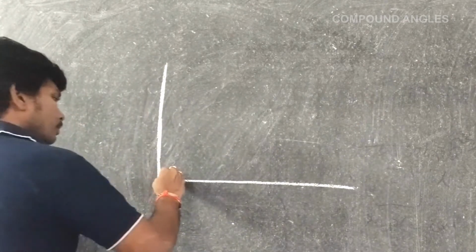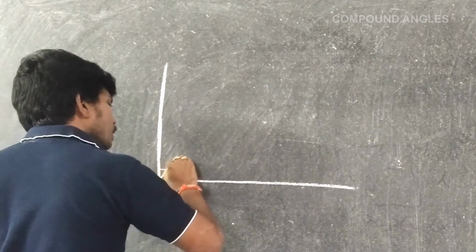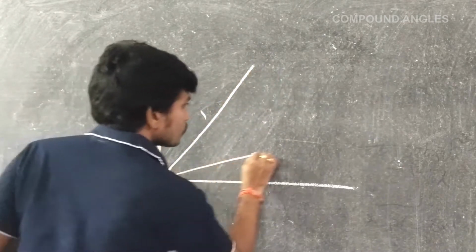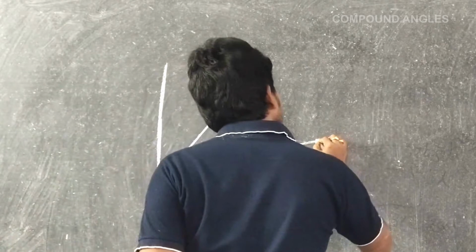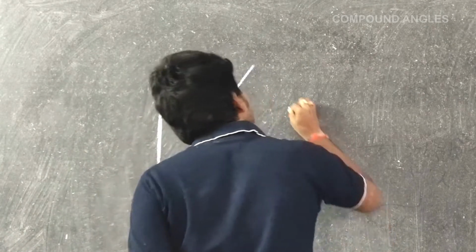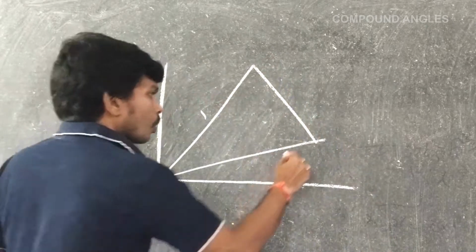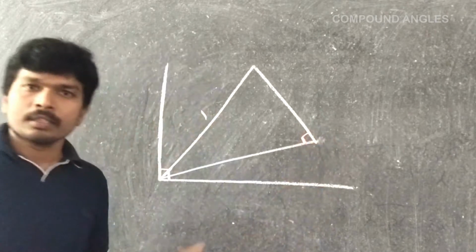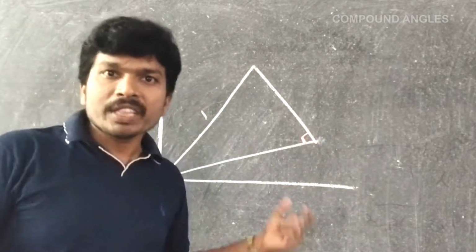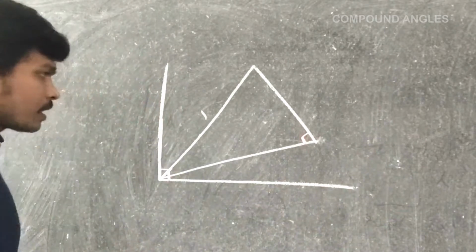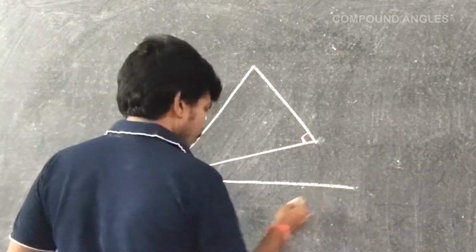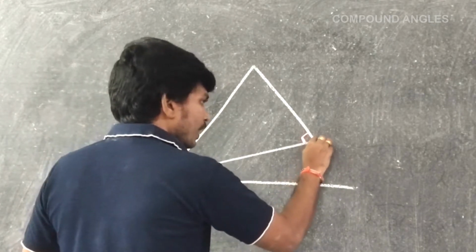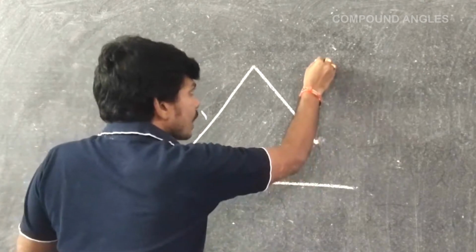And again, now I'm taking a 1 unit length hypotenuse. It is a right angled triangle. Right angled triangle I have drawn. It is just a construction. With the help of this, we can easily prove it. Now, I'm taking one line which passes through this vertex and is parallel to this line.